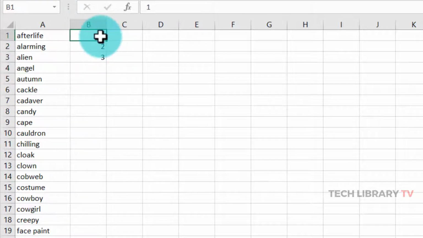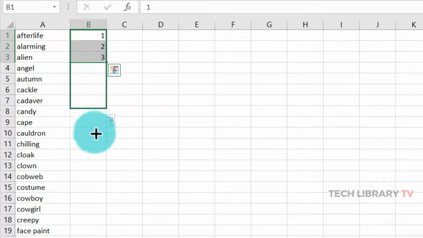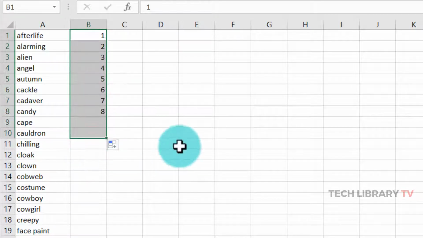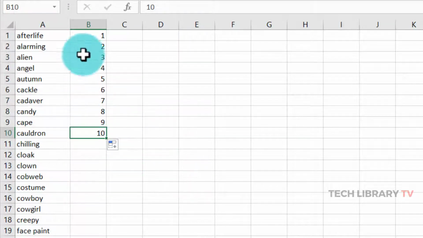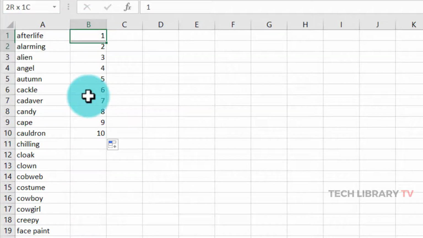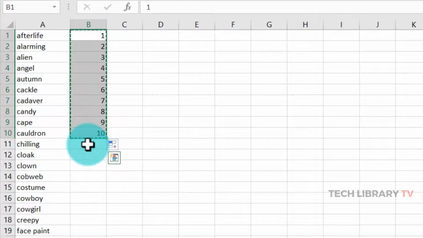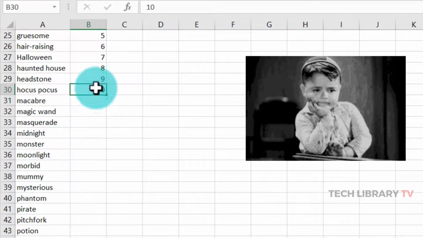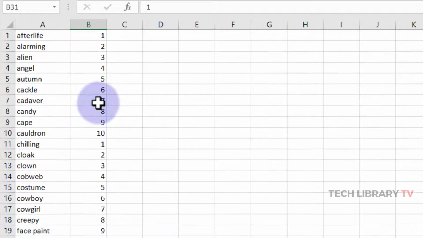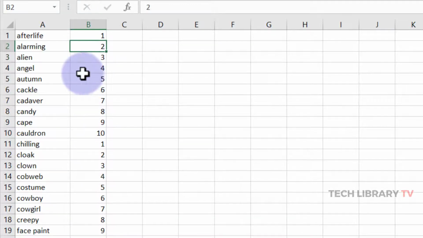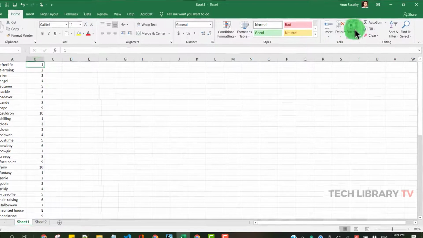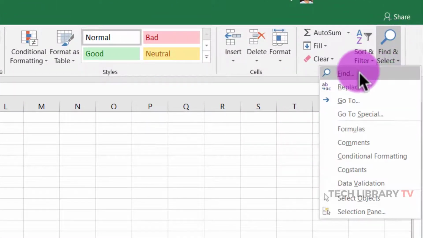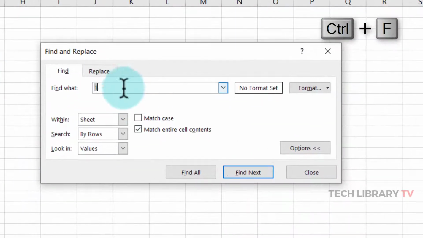Since it is a 10th row, I'm going to insert 10 numbers here, from 1 to 10, and then have this copy pasted. In case you want to do after say 5th row or 6th row, then you need to input 6 or 5 here. Once this is done, go to the find or hit Ctrl F, type number 1 and make sure